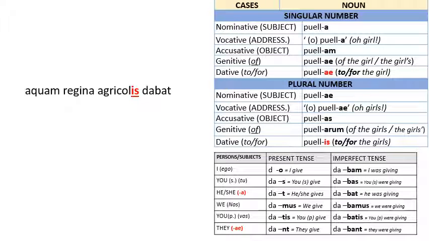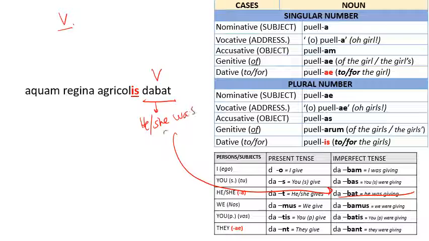Let's do a bit of translation practice. Of course, we always start with finding the verb first. Aquam regina agricolis dabat. Dabat is a verb, which means he or she was giving. Now, I need to look for a subject. Do I have a subject in this sentence? When we say subject, we mean that we're looking for a word ending in a or maybe ae. But because this verb is singular, he or she, I need a singular subject, so a. And yes, I do have it, regina. That's my subject. So the queen